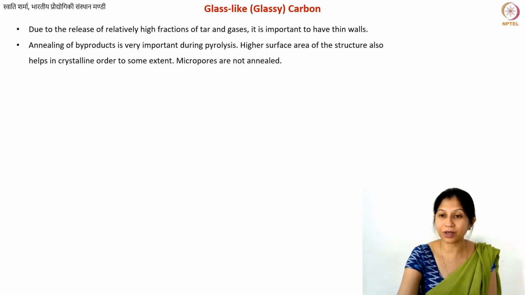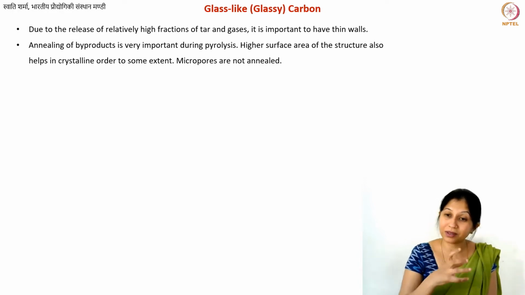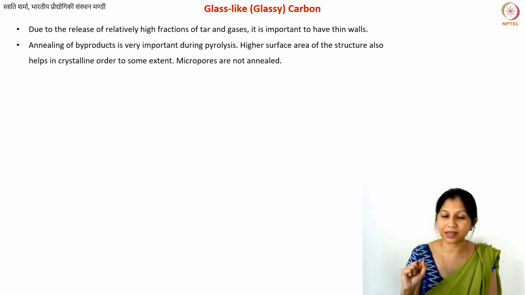That means that you are going to have a lot of byproduct. What do you have during pyrolysis? You have some tar-like materials, so heavy hydrocarbons, and you have some very light hydrocarbons, and you also have some gases like methane and carbon monoxide, carbon dioxide as well. The mixture of all these gases is known as synthetic gas, and you also have the tar-like materials.